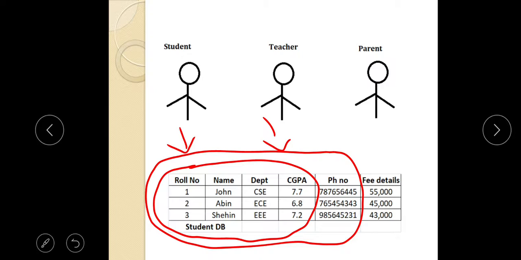What about parents? What information can parents view? Parents can view the fee details, the name of the child, and the department. This much information can be viewed by the parent. Clear? The rest of the information, that is the roll number, CGPA, and the phone number, will be hidden from